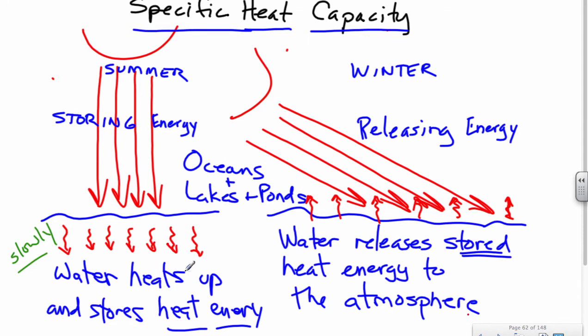As the temperatures of the water heat up over the summer, the water gets warmer, a little bit warmer each day, warms up during the day, releases a little bit of heat at night, warms up a little bit more the next day, releases less heat at night, and gradually it's warming more than it's cooling, and all of the bodies of water on the surface of the planet,